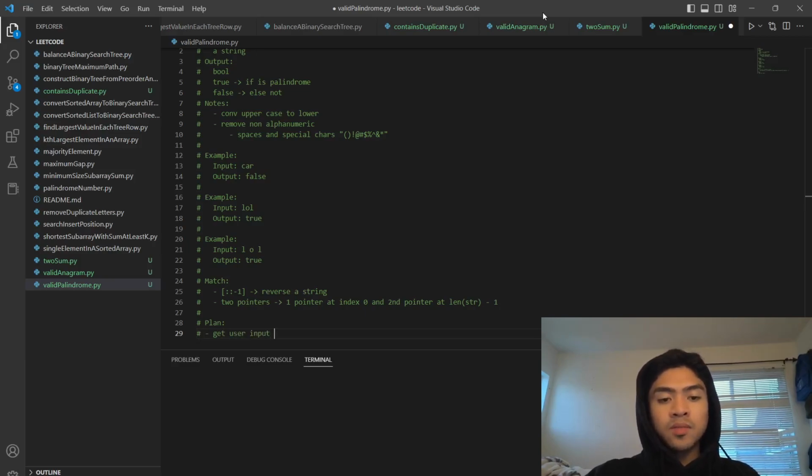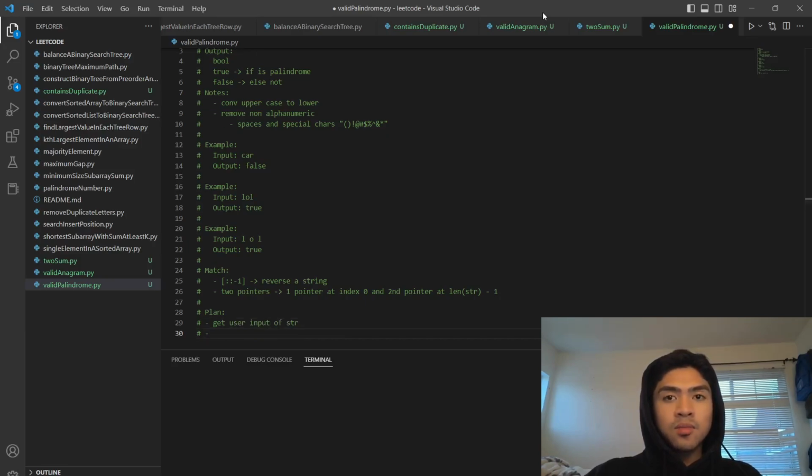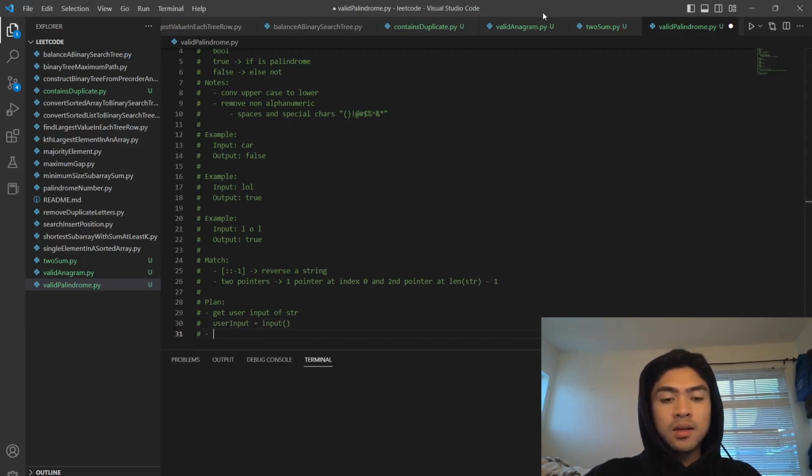So get user input of string, and then after that I want to create... Actually, let me just type in some pseudocode for that. So when we get user input, we can just say user input is equal to input, right? And then next step I want to do is